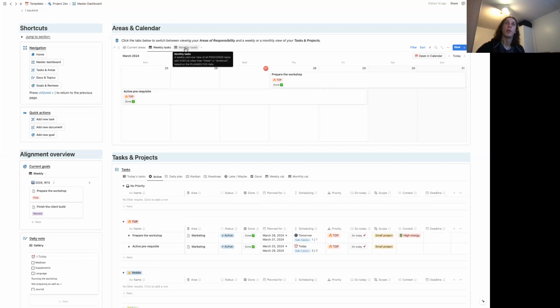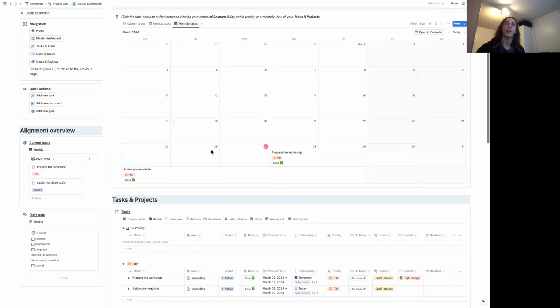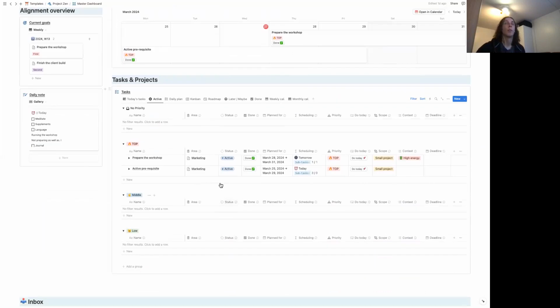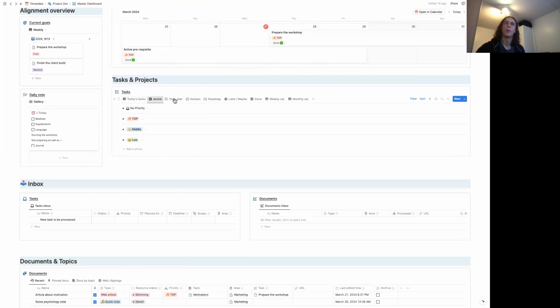And also here on top, we have views of our tasks, either weekly or monthly. And here we have a view of all the active tasks, or primarily active. Like we have today's tasks, which we have active. I probably won't walk through all of these, but